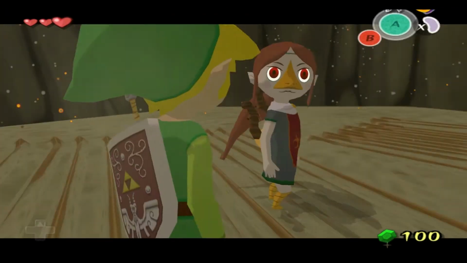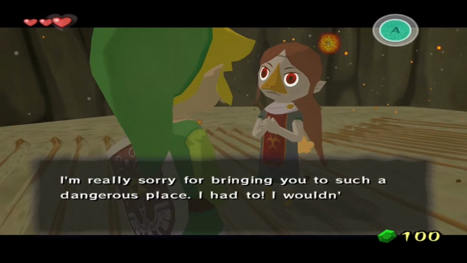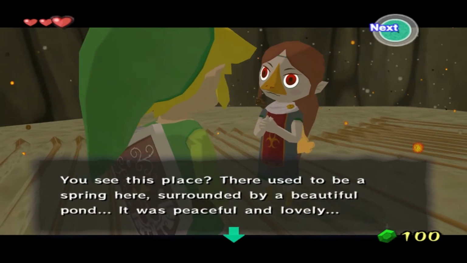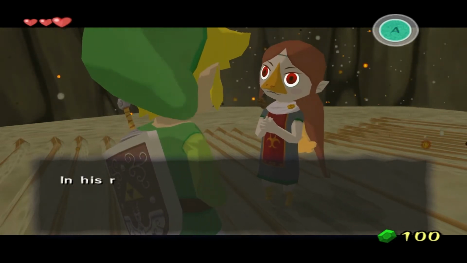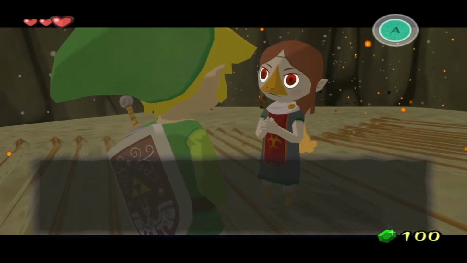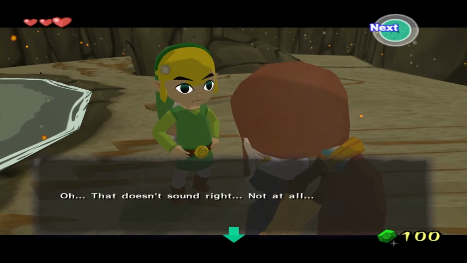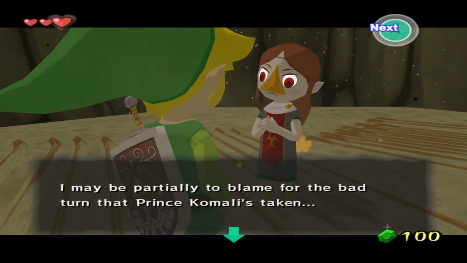Let's go on a date, baby. Hey, you actually came. I'm really sorry for bringing you to such a dangerous place. I had to. I wouldn't have asked if I didn't need help desperately. You see this place? There used to be a spring here surrounded by a beautiful pond. It was peaceful and lovely. But then the great Valoo, he became so angry and in his rage, he shook the mountain and this boulder crashed down, plugging the spring. As you can see the result. Oh, but where is my mind? Tell me, how is Prince Komali? Oh, that doesn't sound right. Not at all. I may be partially to blame for the...